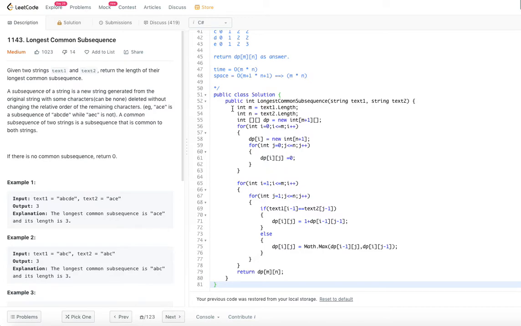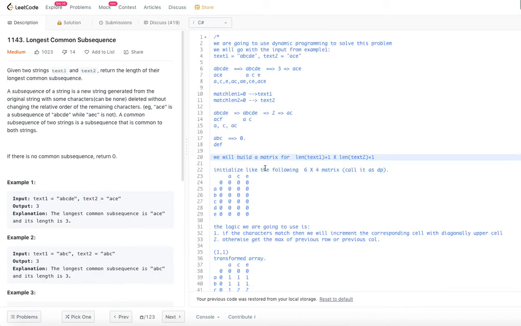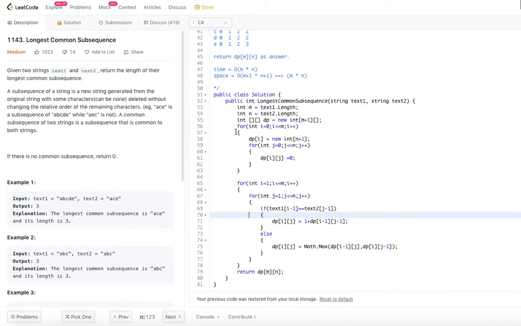It is very simple in the way that we have described. For this text 1 and text 2, we are calculating the lengths, which I'm calling m and n. As we said, the dp array we are going to declare as m plus 1 by n plus 1, length plus 1 by length plus 1. All of them are getting initialized to 0, just like our initial matrix. So this is our initialization. This is a step I am doing as part of these two for loops.